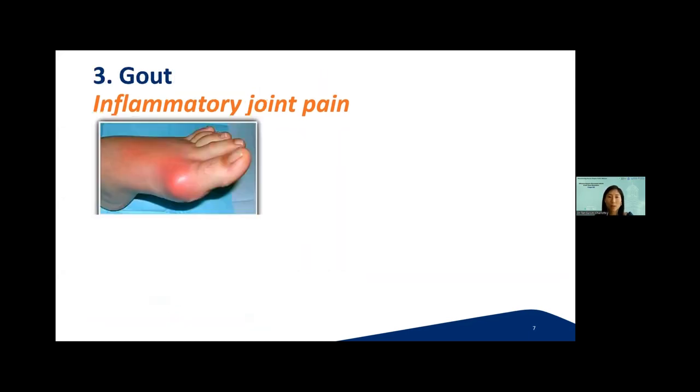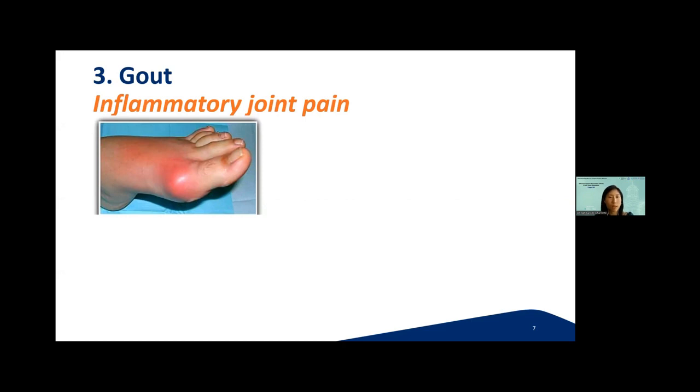Now, going on to gout. Whilst gout does not commonly affect the hand joints at the initial stages, it is actually the most common overall inflammatory joint condition and can affect the hands. It tends to occur typically in the lower leg joints, especially the first big toe. This happens when uric acid crystals deposit in the joint space, resulting in inflammation, leading to the red, warm, swollen appearance that you can appreciate in the slide above.